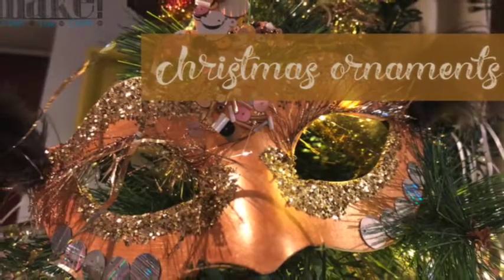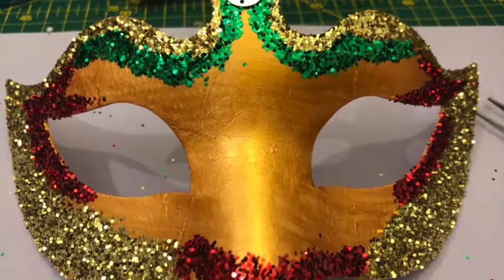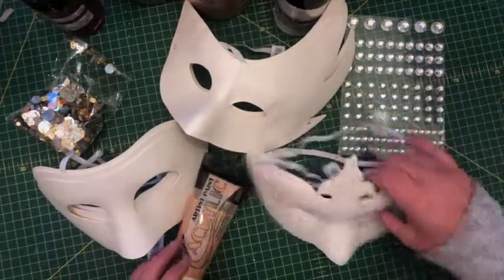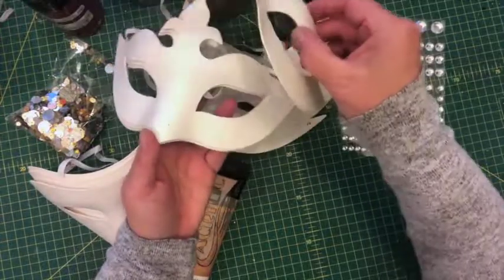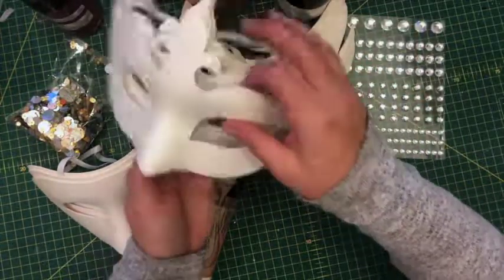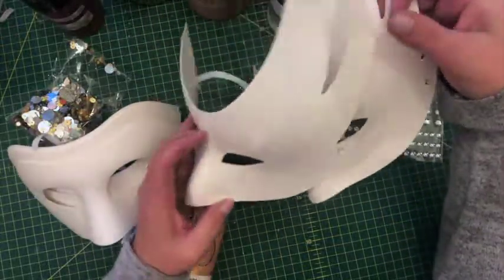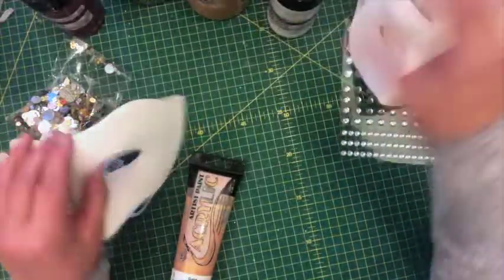And welcome to Make. Today I'd like to show you how to make these golden glitter masks. I love to put them into my Christmas tree. Here I have a couple of templates of masks that I got in Mr. Price in Ballincollig in Cork. And you can see I have different shapes and so on, but for today I'm actually sticking to the